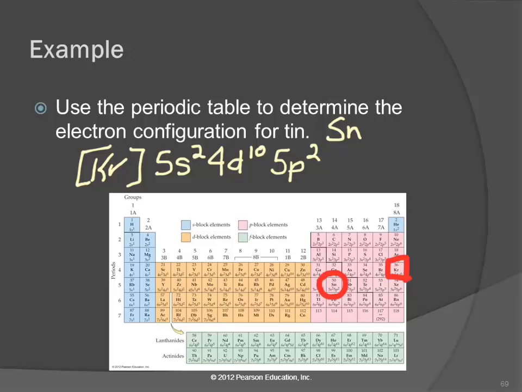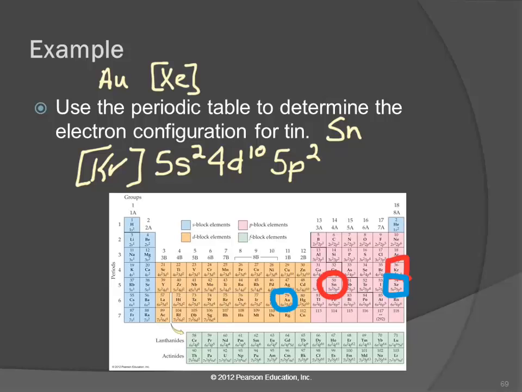Gold. Okay, let's do gold. So gold is Au, because if someone takes your gold watch, you say, "Hey, you, come back with that." So we need to find gold. So here's gold down there. And what's the previous noble gas? Well, it's xenon. So gold will be xenon